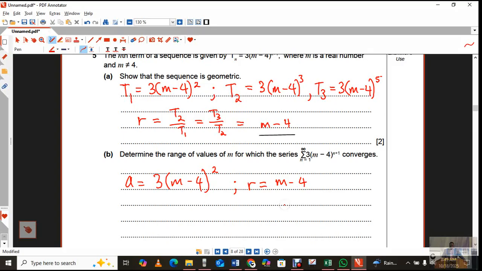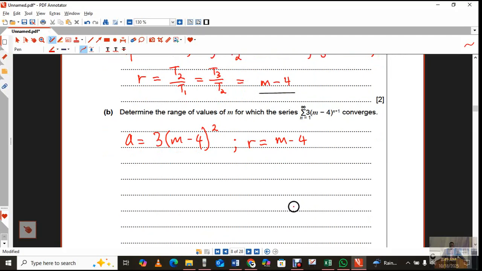I'm just writing down the stuff that I need. Now, I don't really need to know the value of a. What I need to understand is that when dealing with geometric progressions or sequences, when a common ratio, I'm just going to write it down so you can take note of it. When a common ratio